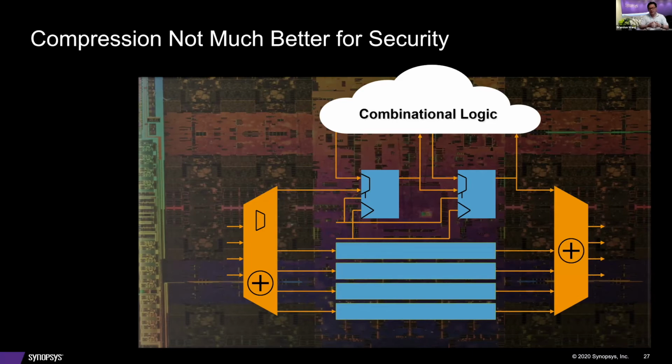So nowadays with DFT, we have compression insertion, right? A big decompressor on the front end is fed by a few scan inputs. And then the back end has a compactor, which feeds a few scan outputs. The input of this kind of codec is typically either MUX or XORs, and the output is usually XOR gates. And this gives some amount of extra protection. But still, the hackers can glean information even with that level of obfuscation.